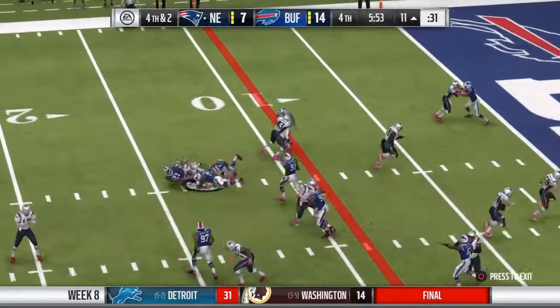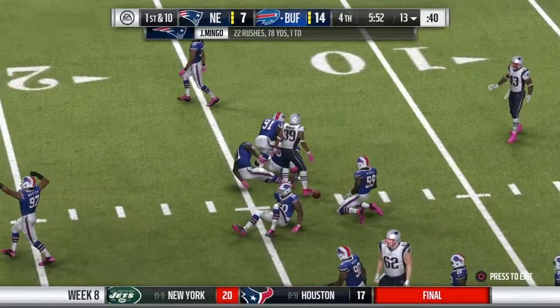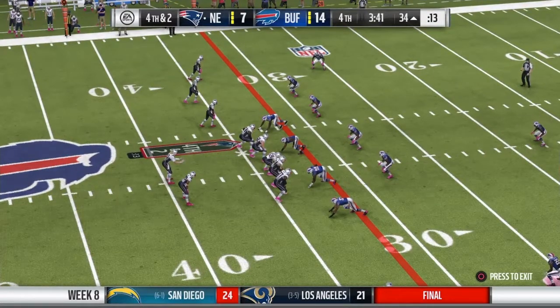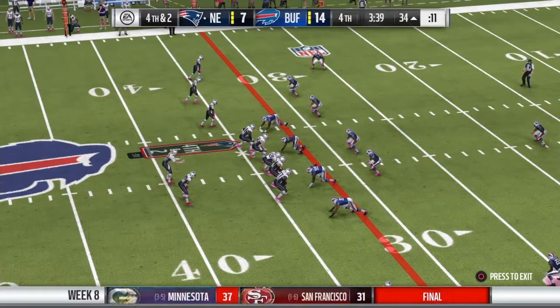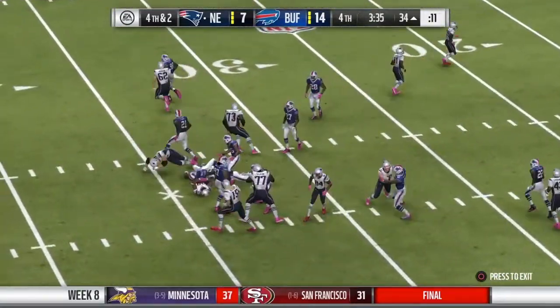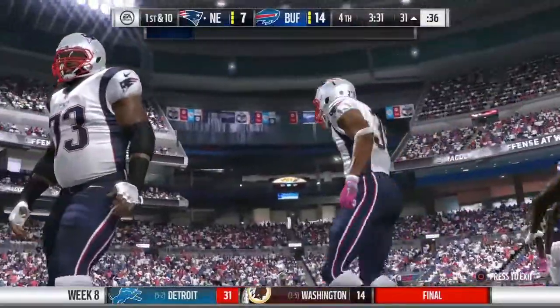They'll give it to him right up the gut. And they'll lose yardage here. They go backwards to the 13. Hang on now. Green 39. They'll run it now out of the gun. And he's going to get to the 31, enough for the first down. Call it a gain of 3. And they're able...